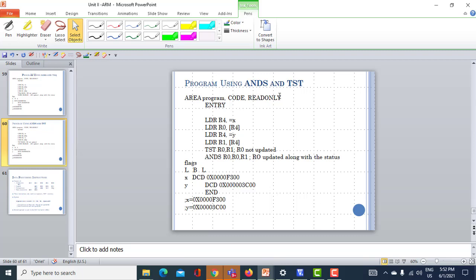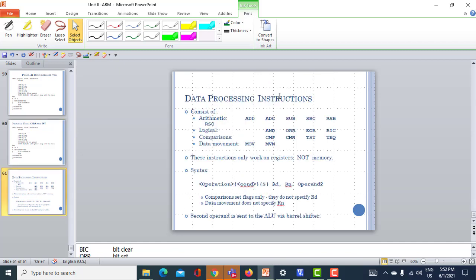Okay, right. So with this, the compare instructions of your ARM7 are over, and we have discussed so far the data processing instructions. It consists of arithmetic. We have done arithmetic, logical instructions, and comparison instructions are also over. At the beginning of the instruction set, we started with data movement, your move instruction, then arithmetic instruction, and then logical and comparison instructions we have discussed.